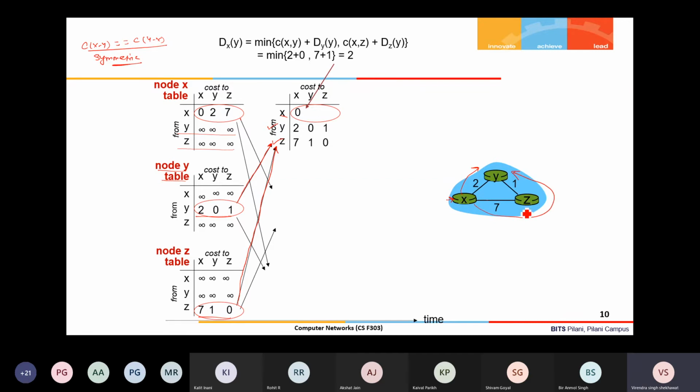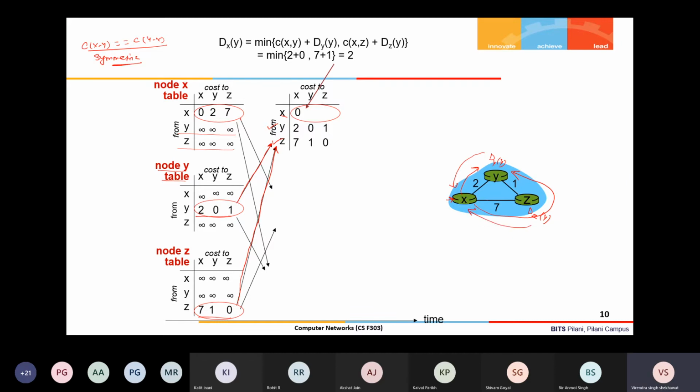So Z can also send its distance vector to X, telling that my cost to Y is this, right? Z will send it as D_Z(Y), and Y will send D_Y(Y). These two distance vectors are both sent to X.